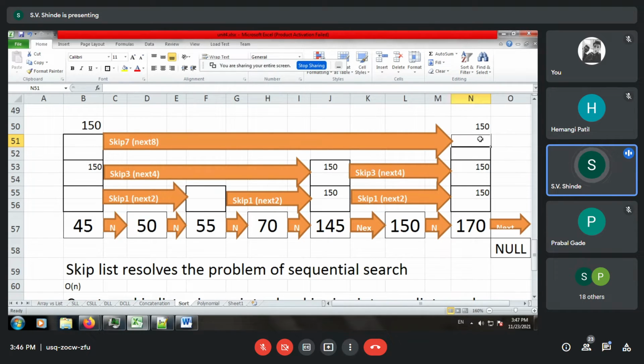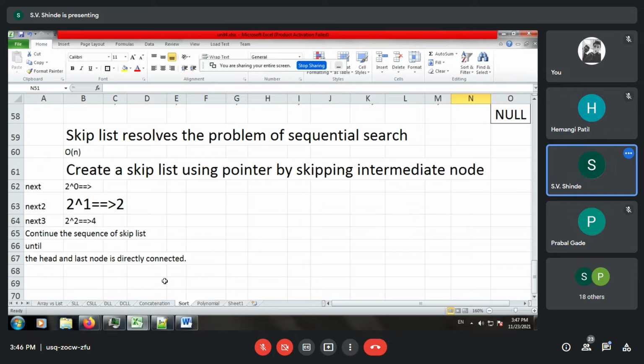So for better operation, you can take 2 raised to any number. For example, you can take the number of nodes to be 8 or 16 or 32 or so on.